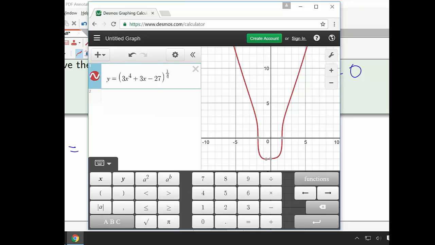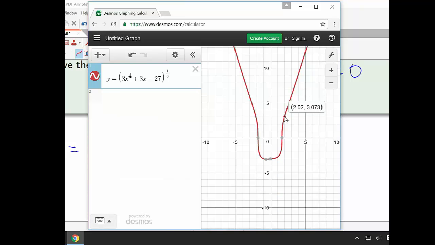But remember that in the original differential equation, we're not allowed to have y being equal to 0. And the reason is very simple. If you look at the 2 points where y equals 0, then you will see that the tangent line to the graph of the function at these 2 points is precisely vertical. Which means that dy/dx is undefined. So we cannot really substitute it into the differential equation. Well, but if y is not 0, it means that y is either positive or negative. And since the initial condition tells us that y of 2 equals 3, it means that y has to be positive,